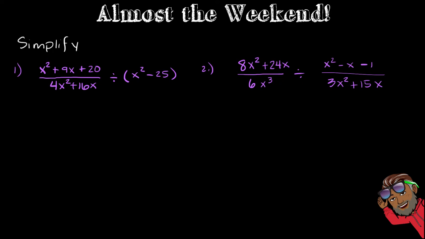Looking at our first problem, we have a fraction, x to the power of 2 plus 9x plus 20 over 4x to the power of 2 plus 16x divided by x squared minus 25. So the first thing we want to do is think about what it means to divide. If you remember, I said divide is going to be the keep, switch, flip technique. So we're going to keep the first fraction, which is x to the power of 2 plus 9x plus 20